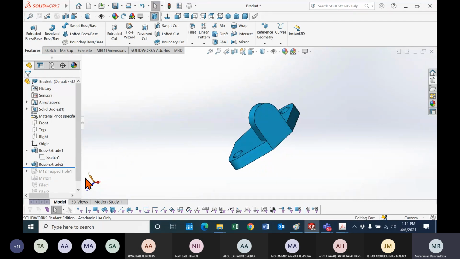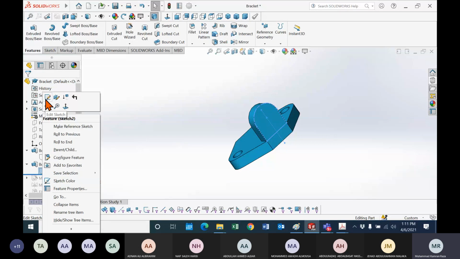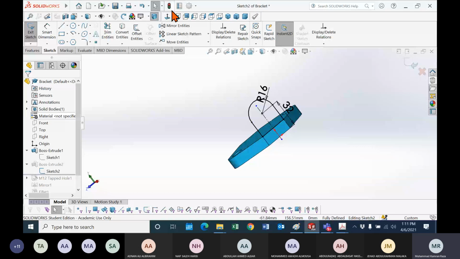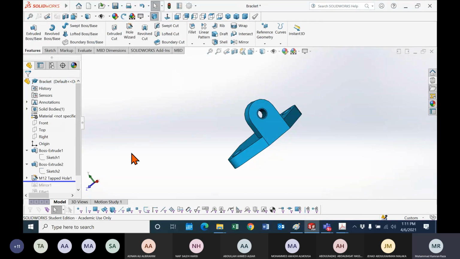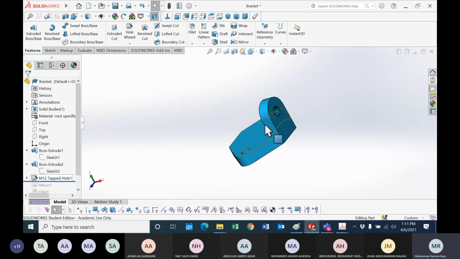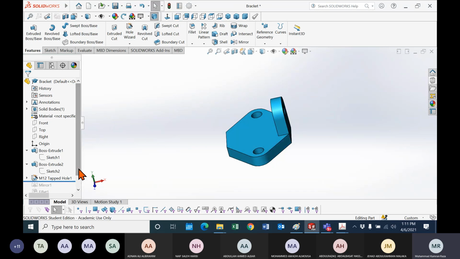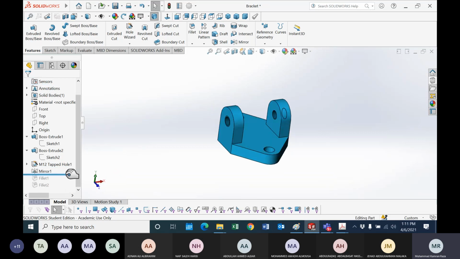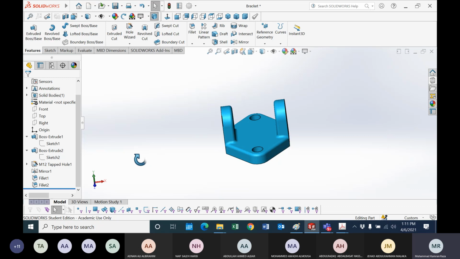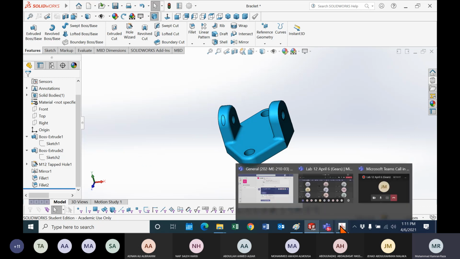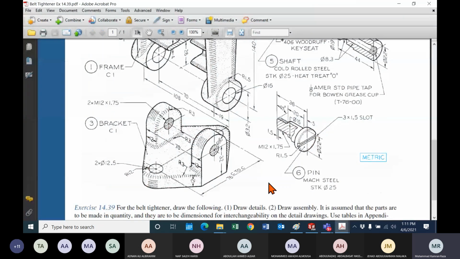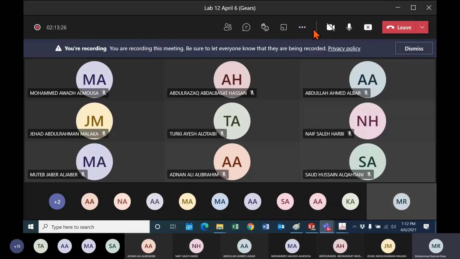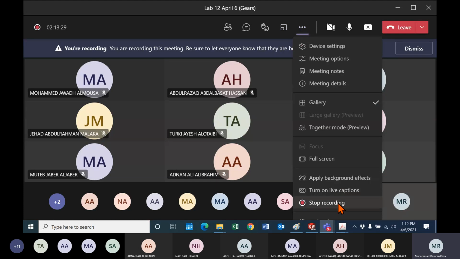Then on one side you make this. All dimensions are given. The radius is given, this height is given, and the depth is given. Extrude. You can make the hole also by the Hole Wizard, same M12. Okay, after that you can do the mirror to the other side and put the fillets. So that's all. These are all the parts we have finished. Okay, so these are all the